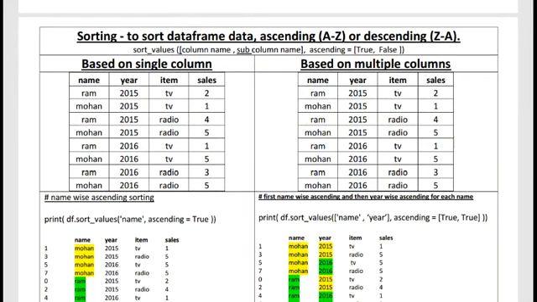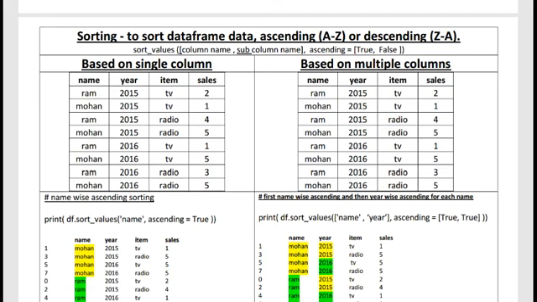Today I am taking a new topic of our chapter 1, sorting. Last time I used sorting to manage our index, but this time the new thing is sorting is used to control our actual records in ascending or descending manner. So this is a very simple, very interesting topic, and here the pandas data frame provides many methods to control sorting. So here I am taking a very simple, interesting example.